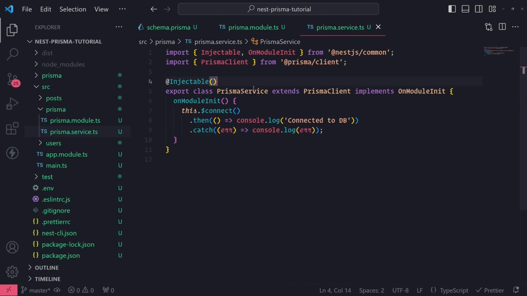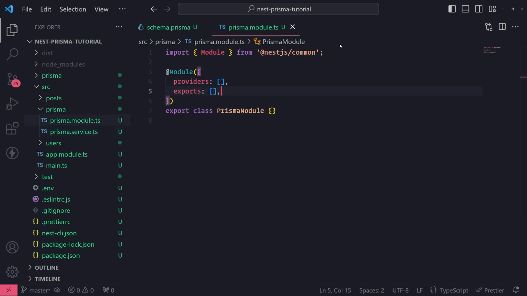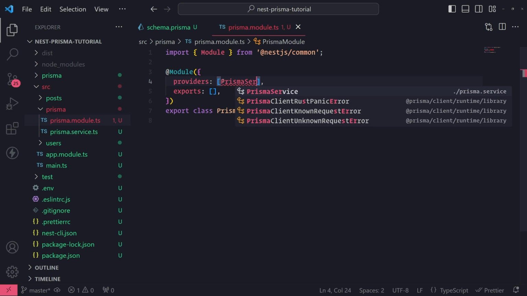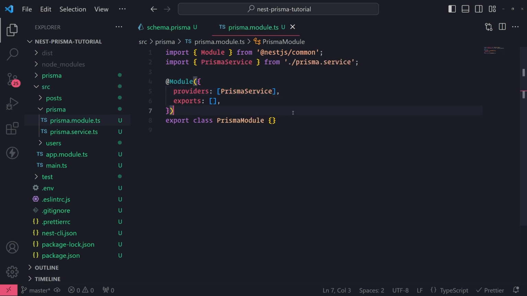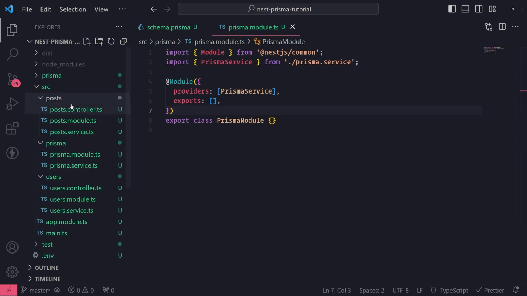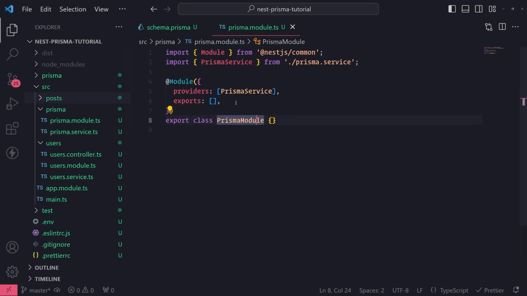Now, what we want to do is add our Prisma service as a provider in our Prisma module. So let's do that, Prisma service, add that to the providers array. Now, since we're going to be importing the Prisma module to our users module right over here and our posts module later on, we want to make sure that we add the Prisma service as an export, because we are going to need to inject the Prisma service into our users service class. So I'm going to copy this and add that over there